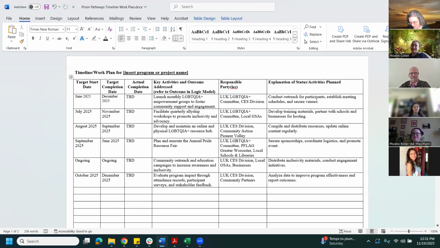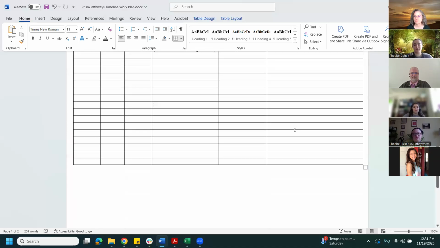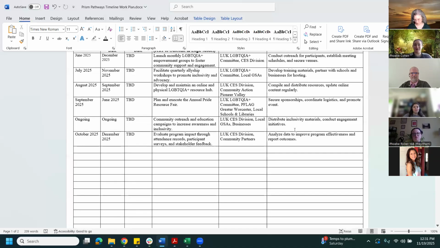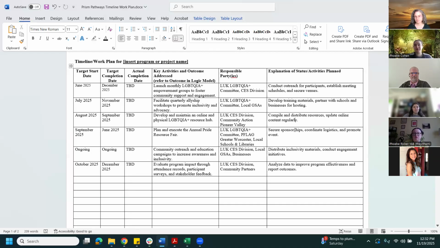So, yes. With explanation of status and activities, the person who put forward this proposal filled this out with some general notes on what the status is for launching these groups. These are the training materials, etc. And as you can see, there are a lot of slots, but you don't have to fill this in that much. This is where this timeline has started. And then